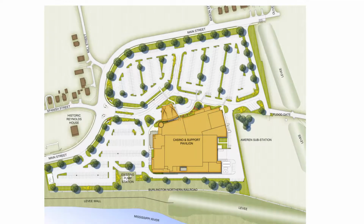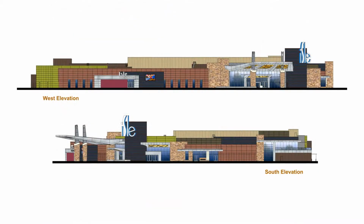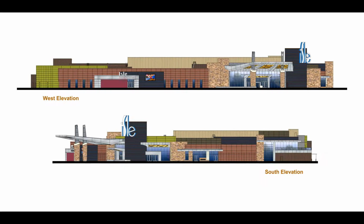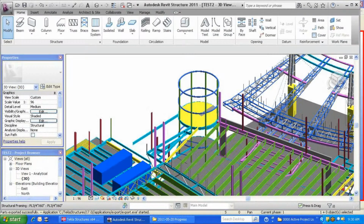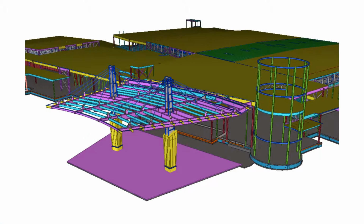Once we got into the construction part, this presented some unique problems and challenges. For those of you that might be familiar with it, the gaming floor there in the middle is a 45,000 square foot floating barge. So not only do we have traditional architecture, we've got a barge sitting in a basin, a big swimming pool, restrained and floating. It's all concrete. We had to coordinate a 42,000 square foot single pour of concrete that was then post-tensioned in